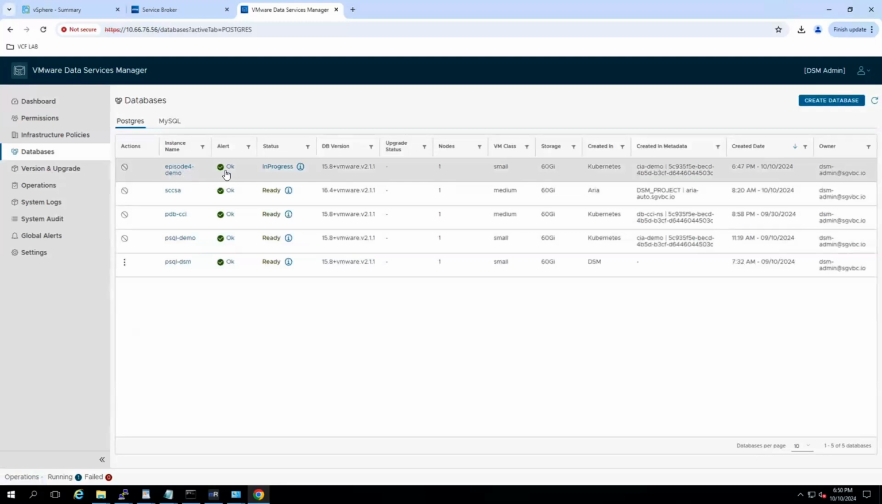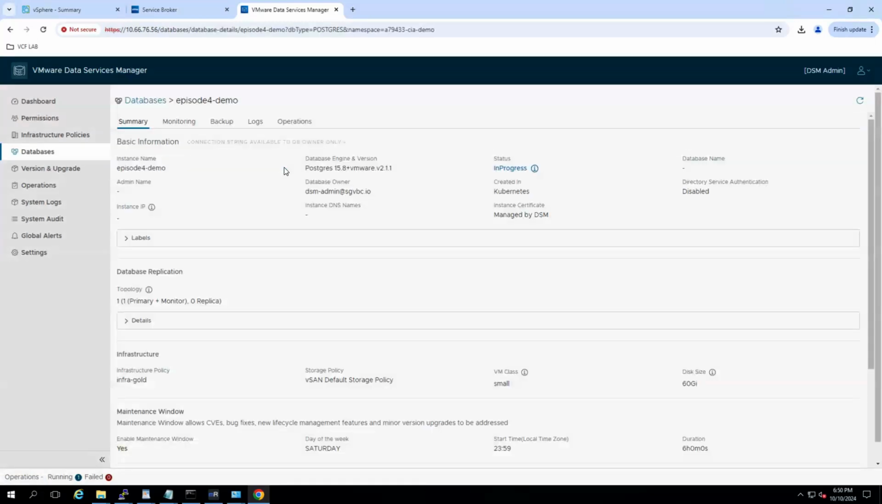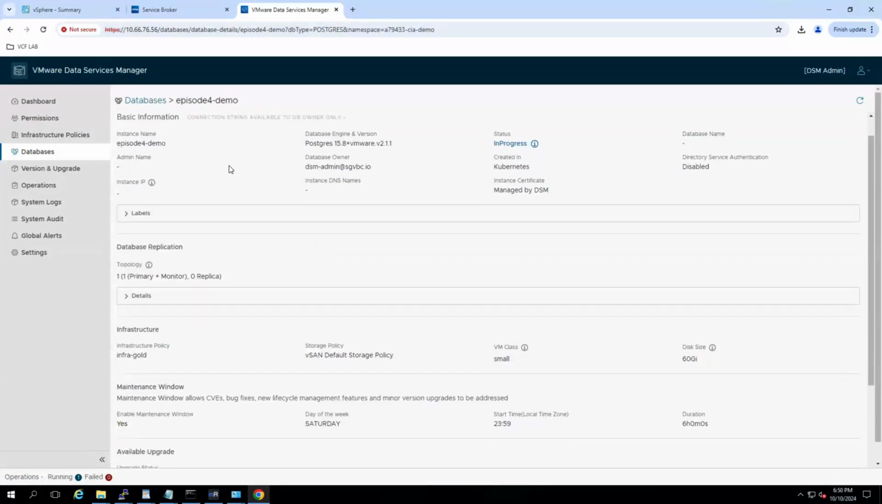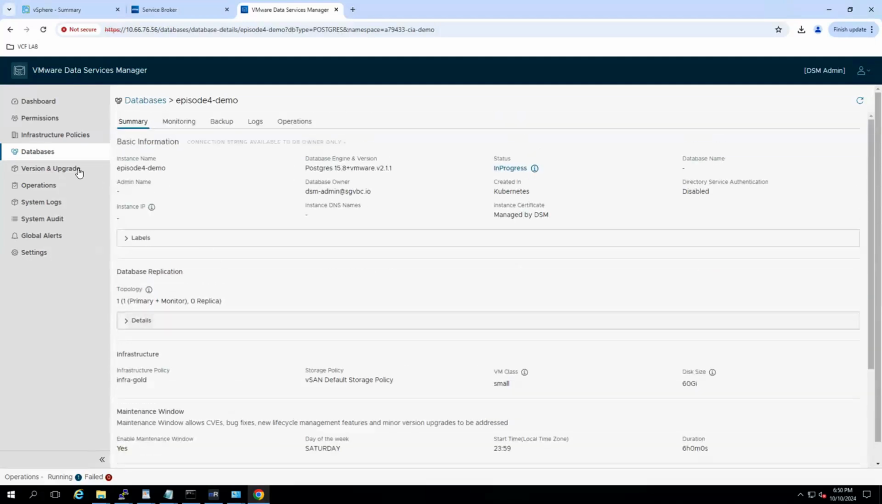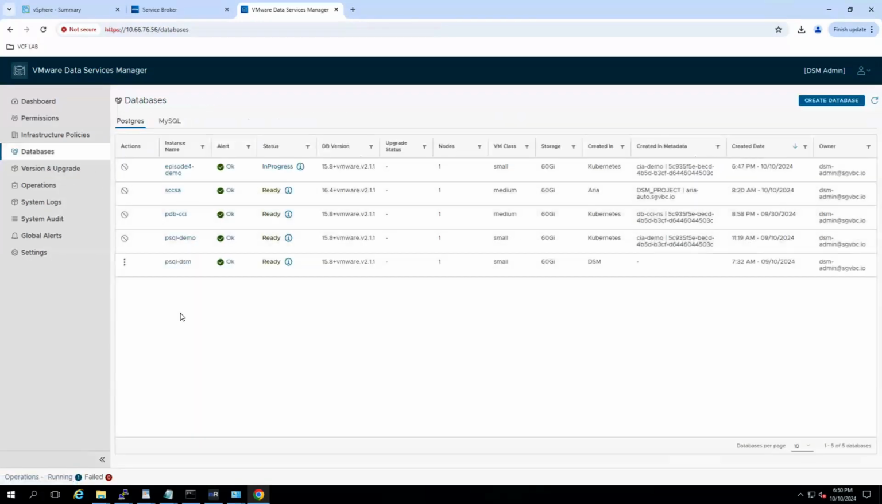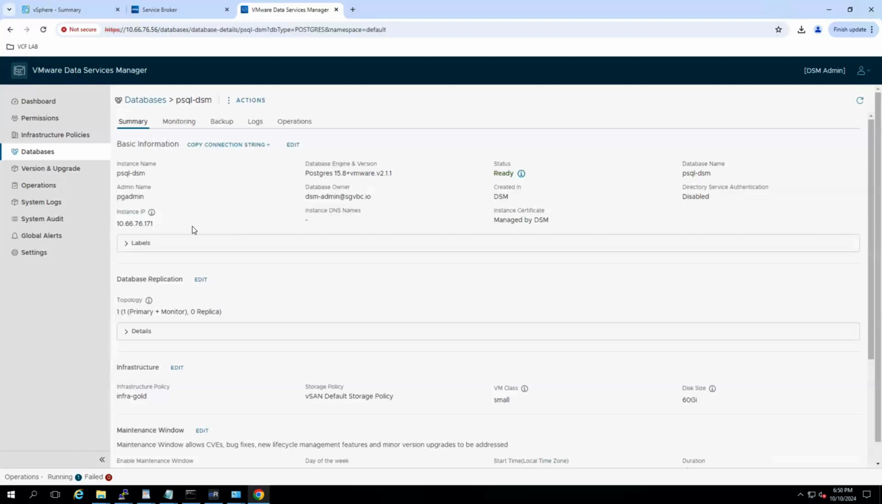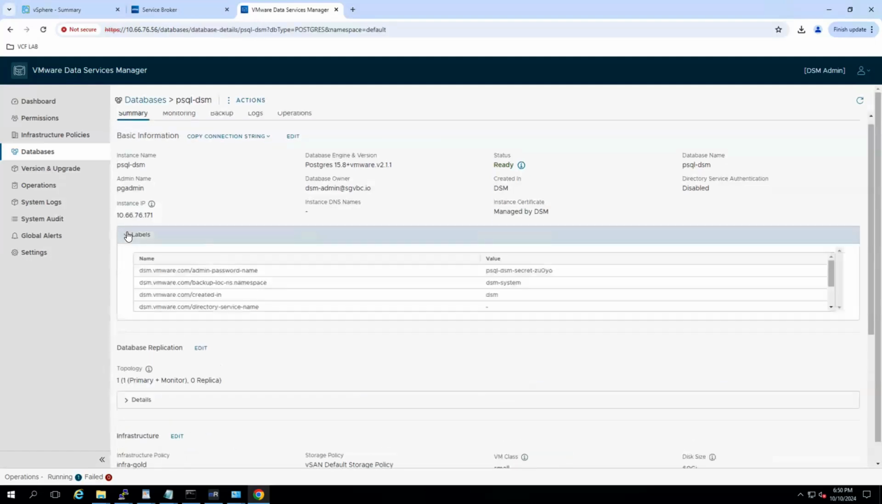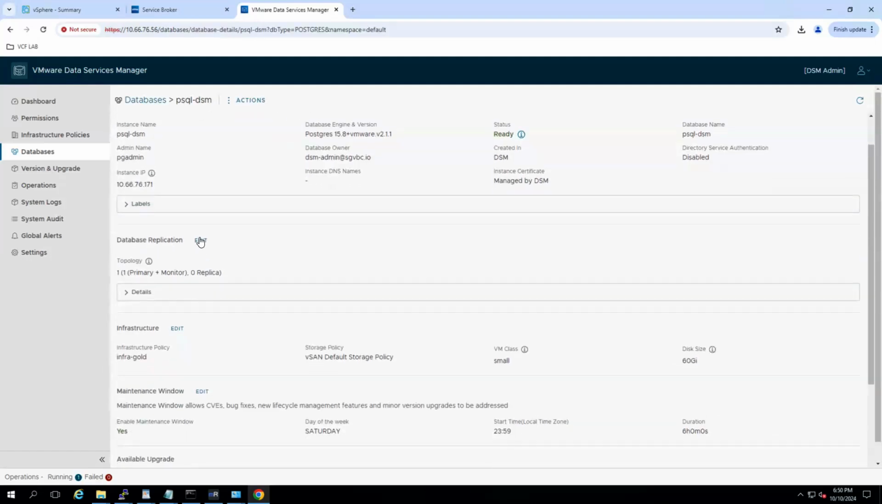Now, this is the DB that I just provisioned using CCI. Currently, it's in progress. We can check what's going on as well. It says episode 4 demo, exact same information that we gave. But I want to bring your attention to an existing DB. For example, this is the DB that we saw earlier. Let's go into this, and you can see similar information to what you provided,